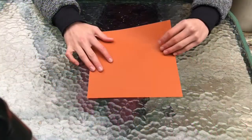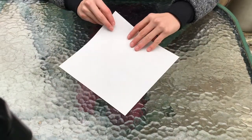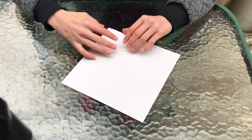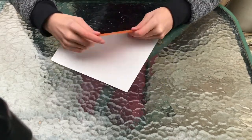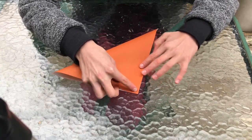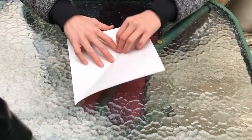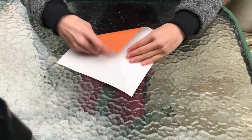For the first step, well, first we're going to start on the white side. So you're going to fold this corner to this top corner, and with these two sides, you're going to make an X across. So, fold it up, crease it down nice and neat, rotate it, get this bottom corner, fold it to the top,